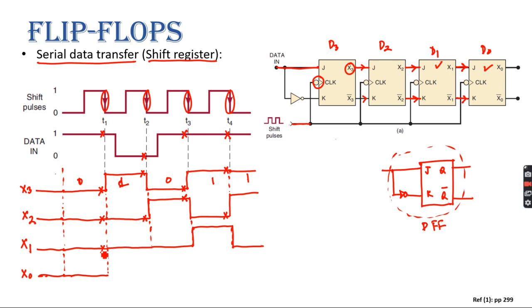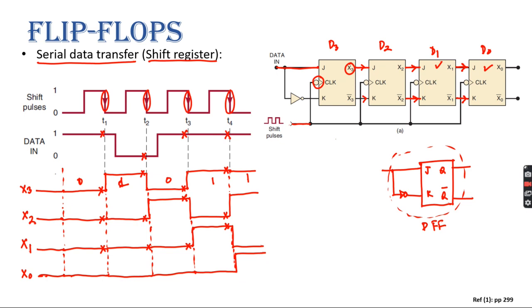And just before the first negative edge, as X0 is following X1, what was the value of X1? 0. So it will continue to 0 until it gets the next negative edge. And just before the negative edge, what is the value of X1? 0, right? Yes, sir. So it will continue to 0 until it gets the next negative edge. And just before the next negative edge, what is the value of X1? 0, sir. So it will continue to 0 until it gets the last negative edge. And just before the last negative edge, what is the value of X1? 1. So it will switch to 1 and remain 1 until it gets the last